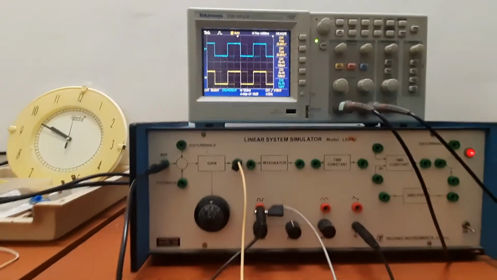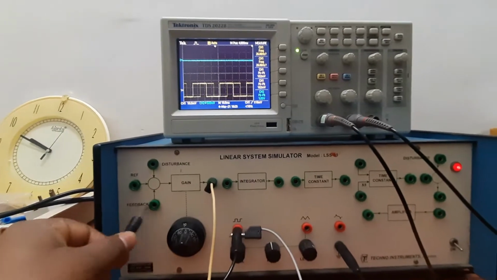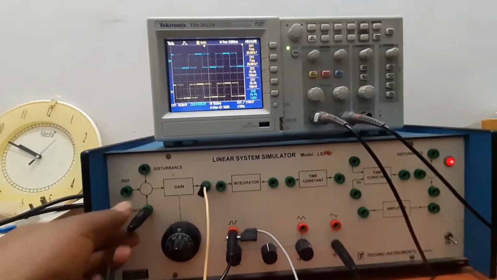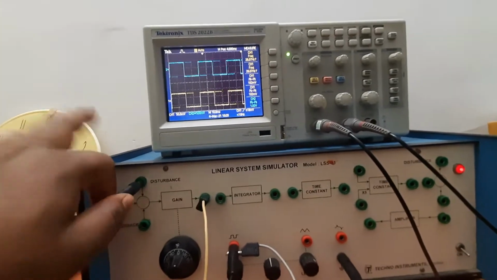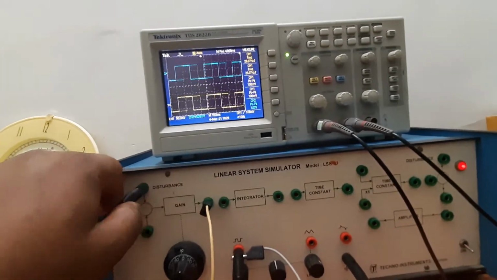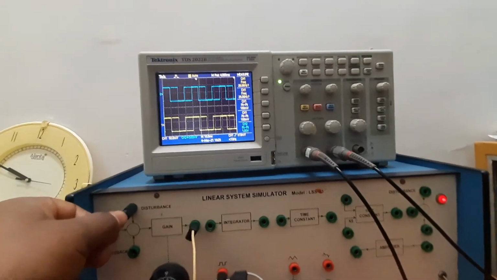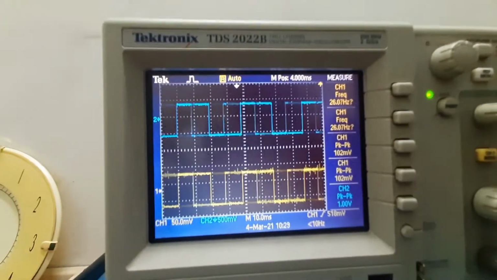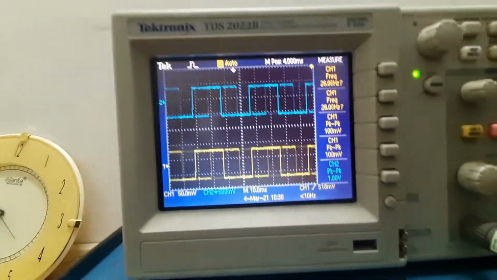And we have to do the same step with this feedback point and with this disturbance adder part also. We can observe here the output is the same for all these 3 points.